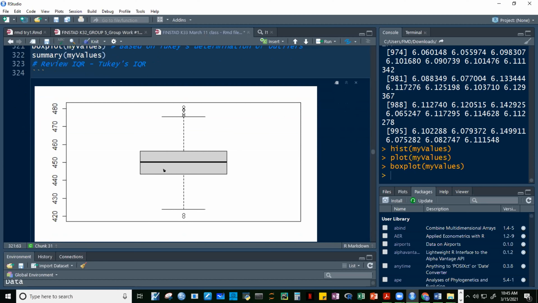So we were able to identify this is first quartile, second quartile, third quartile. This is your maximum, this is your minimum. Okay, what's this? That's your,